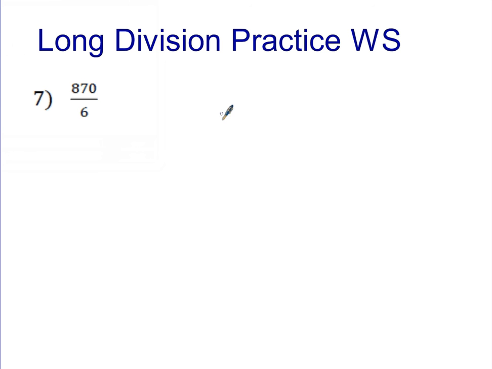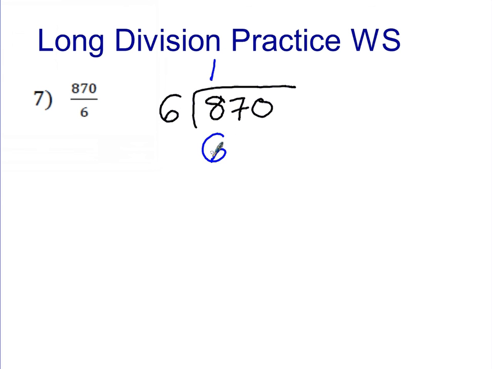All right, so we're going to actually start with number 7, which is what Ms. Fry finished with, but we're going to start with it just so we can get the full answer here. Okay, so this is the setup. And then we think about how many times does 6 go into 8 without going over, and that's just one time. 6 times 1 is 6. We subtract. 8 minus 6 is 2. And then we need to bring down